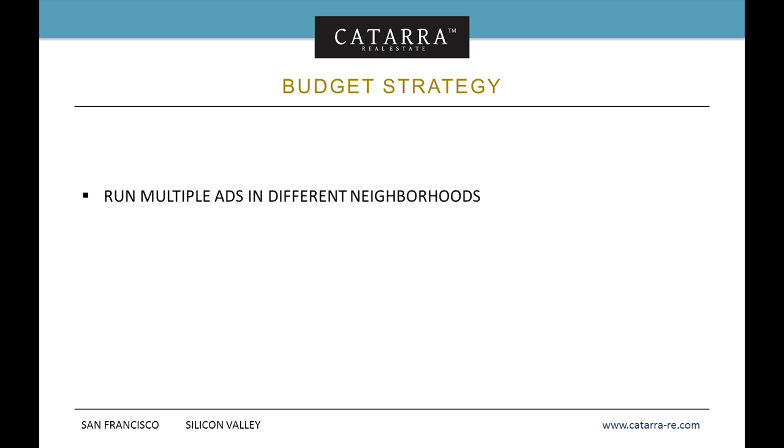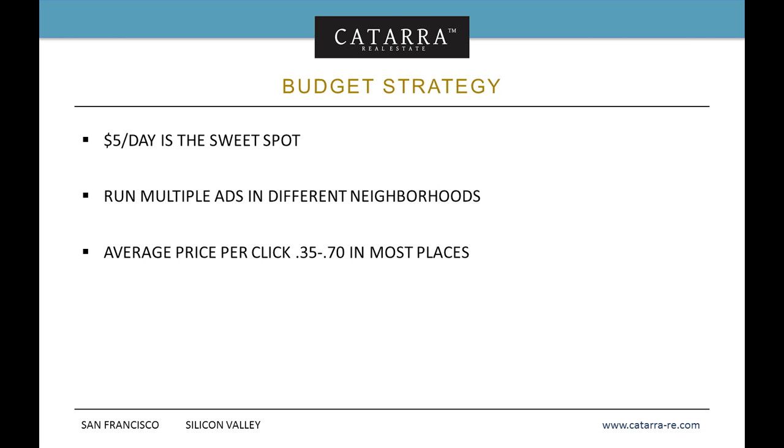Budget strategy, running multiple ads in different neighborhoods. Best way to go. $5 a day is the sweet spot. I've tried it at 10. It does result in generating more ads, but it depends on the size of the market. So if you have more people, let's say you've got 40,000 people you're going after, that might be worth spending $10 a day on versus a zip code that's only got, say, 10,000. Then in that one, you can get away with 5. So you choose based on the number of potential people you can hit. That's going to get you the best results.